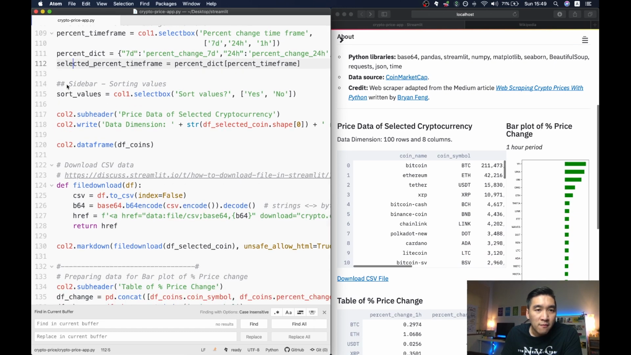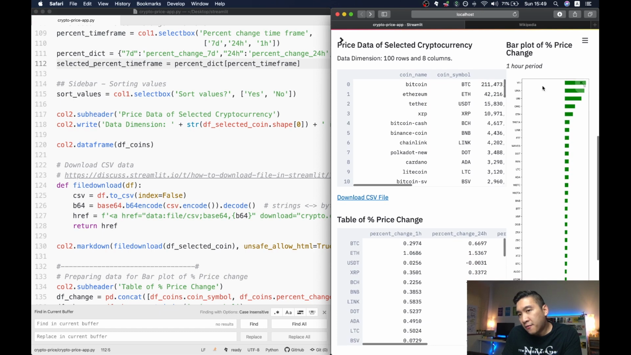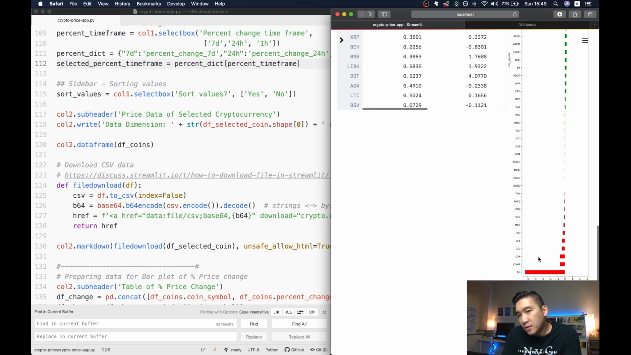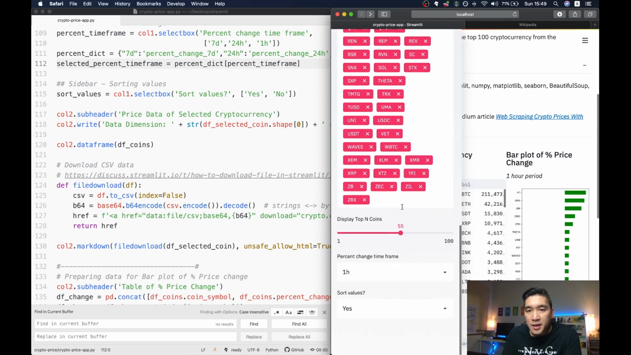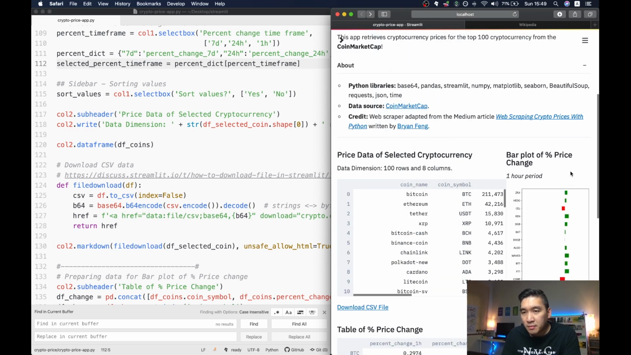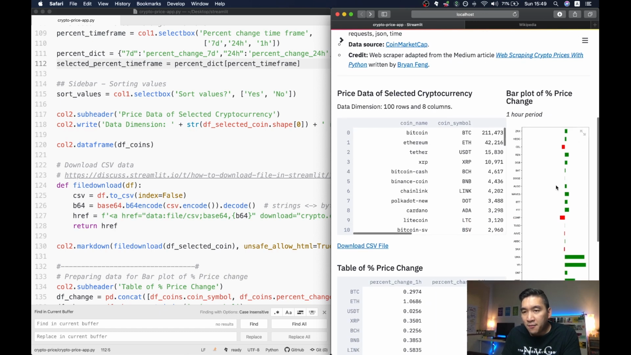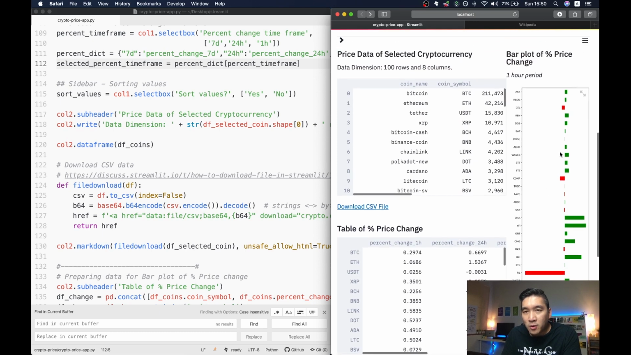Line number 114, sidebar, sorting values. Okay, so right here you're going to see that the values are sorted from highest to lowest gain, and also loss as well. If the sort value is yes, it's going to sort the values. If it's no, then it's not sorting the values. So you see here that the values are not sorted, and the values are in the same order